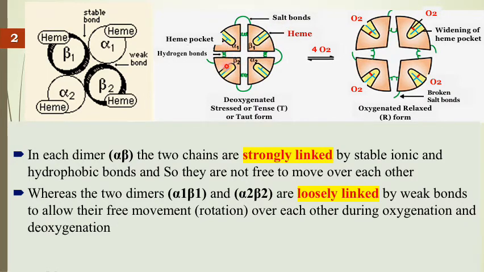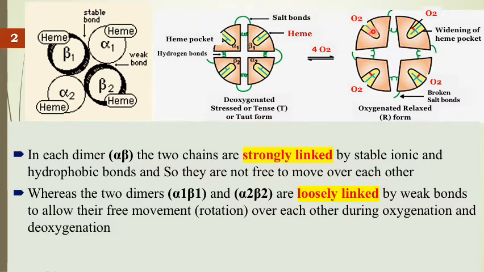Of course, there are chemical bonds between the first dimer and the second dimer. The first dimer is alpha 1, beta 1. The second dimer is alpha 2, beta 2. There are weak chemical bonds. This is a diagram, written in green color. They are hydrogen bonds. When oxygen binds to hemoglobin, of course, we need 4 molecules of oxygen because we have 4 hemes in the 4 polypeptide chains.